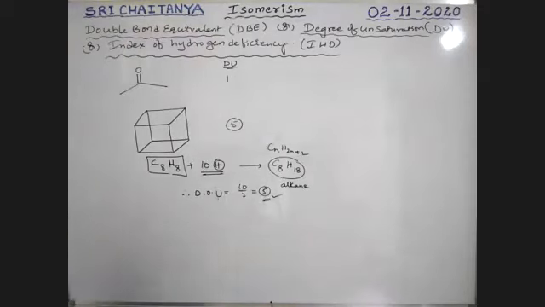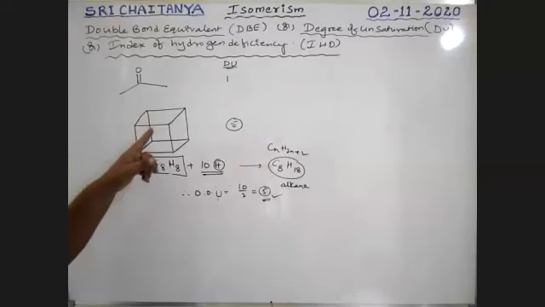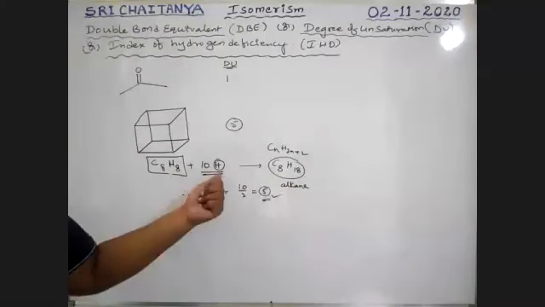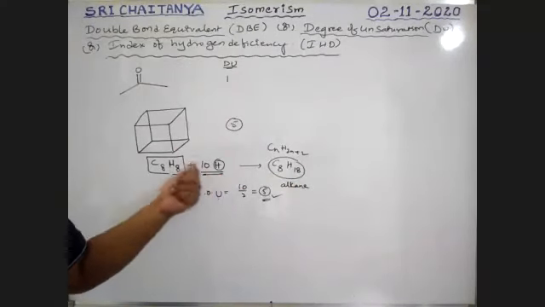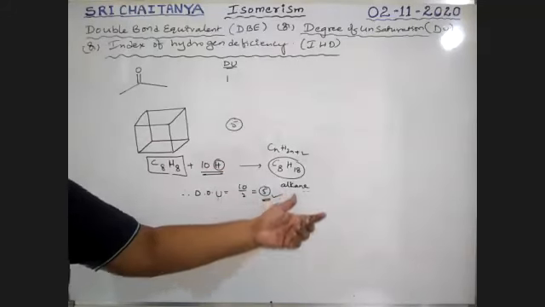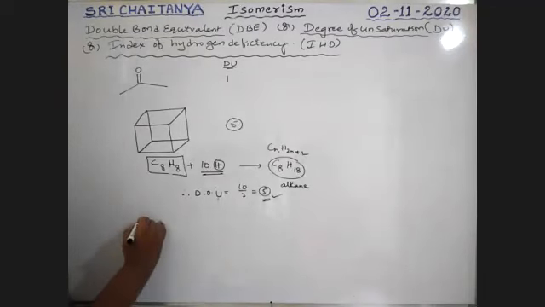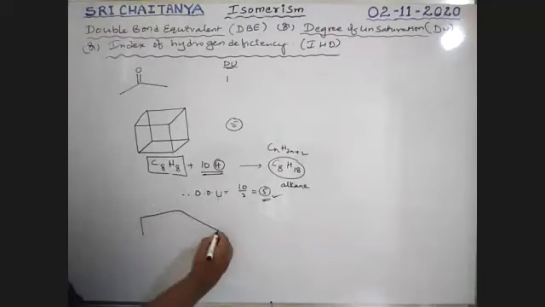So it is not possible to count the number of rings in this case. That's why I'm going to convert into formula. The corresponding alkane, difference of hydrogens, is 10 hydrogens. So 10 by 2, which is equal to 5. 5 is the degree of unsaturation.